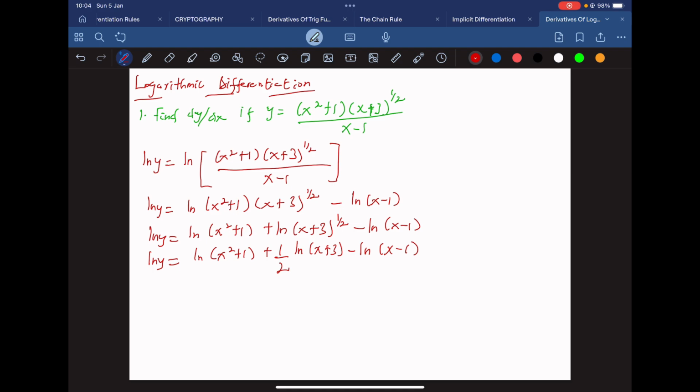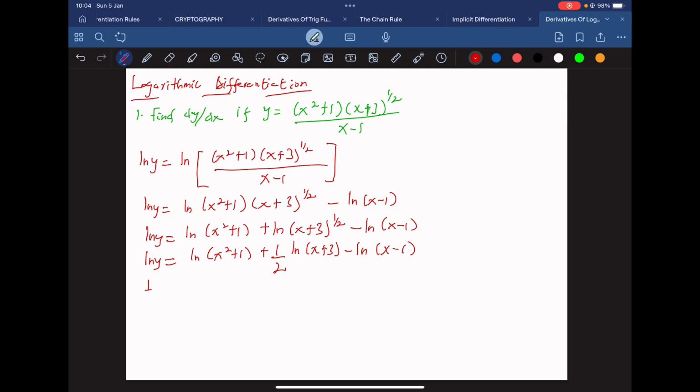Now, in differentiating this expression, remember, we have to use the implicit differentiation. Now, if we differentiate ln of y, you get 1 over y. But note, since y is not x, remember we are differentiating with respect to x. So since y is not x, we have to add dy/dx. Now, whenever you are differentiating a logarithmic function, all that you have to do is to first of all differentiate what is inside the parenthesis. So in this case, if we differentiate x squared plus 1, we get 2x. Then we divide by what is inside the parenthesis